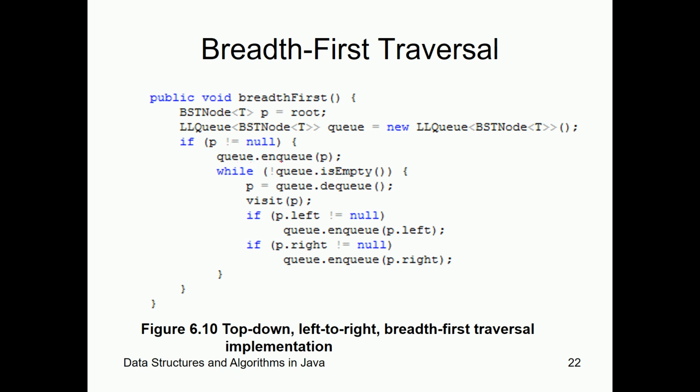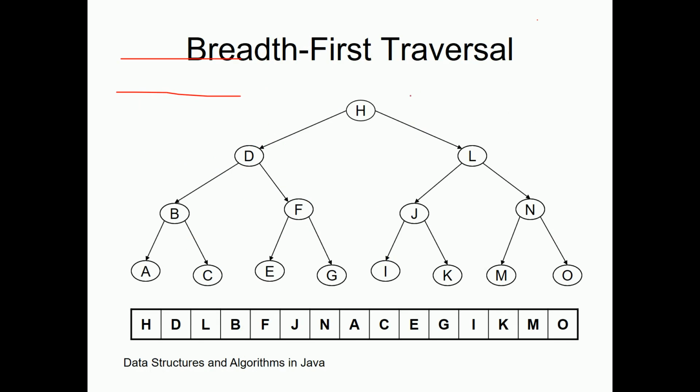We're going to enqueue P. So we start from here. We're going to enqueue P. So this is where P is, which means we enqueue H now. And then,